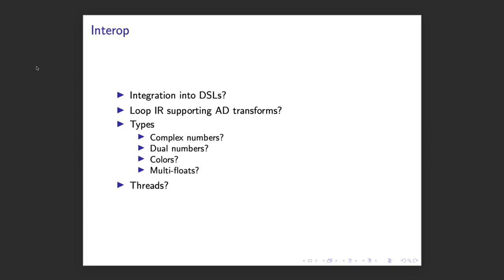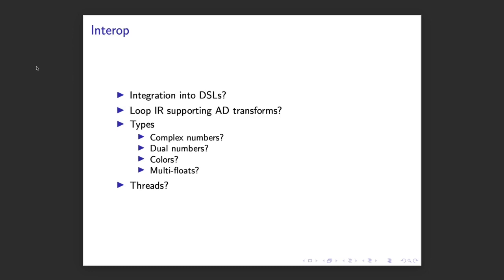Finally, Julia implementations of linear algebra routines can interop better with the package ecosystem. In particular, the tooling and infrastructure around it can be used in other parts of the ecosystem, such as by DSLs like ModelingToolkit, as well as any potential array or linear algebra compilers used in the machine learning ecosystem. And LoopIRs could support AD transforms, for example, to give us high performance AD on loops.